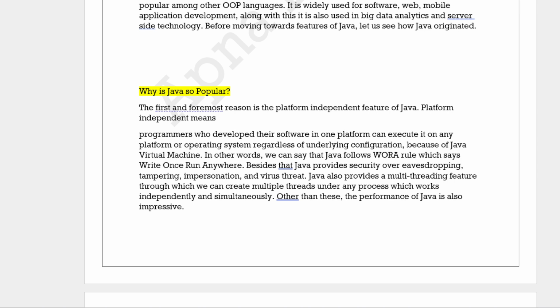Whenever we are creating some programs, they can be executed on another platform or operating system. For example, suppose we write a program in Java. It is converted into a dot class file. Everyone knows that. When we write a class on a Windows platform, we can compile it and create a dot class file.